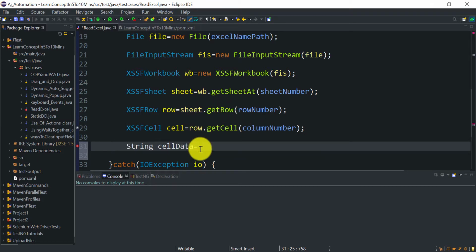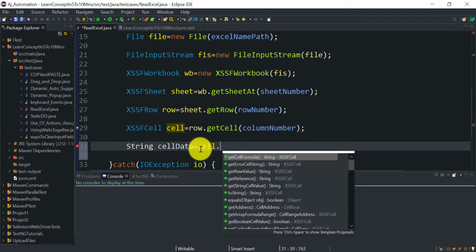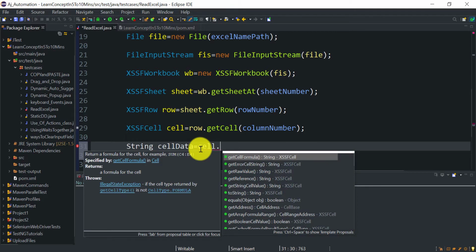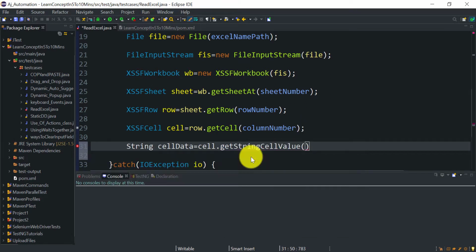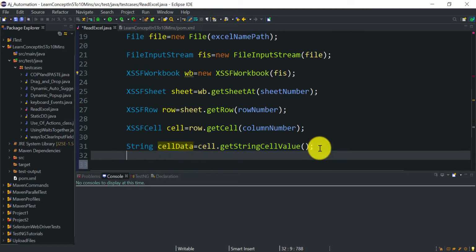There is a method on cell to get the string cell value, getStringCellValue. This method will return whatever value is stored at this particular cell, and that value will be in string format. That value we are going to store in this cellData variable. So now we got the value.